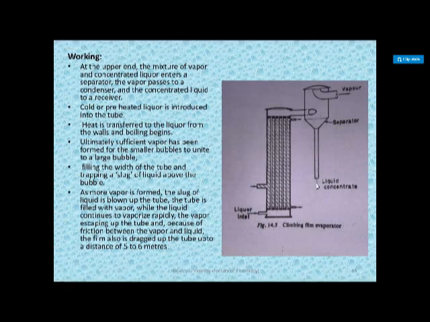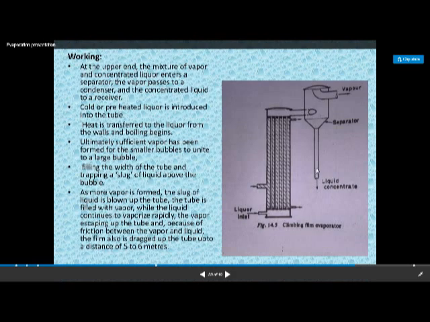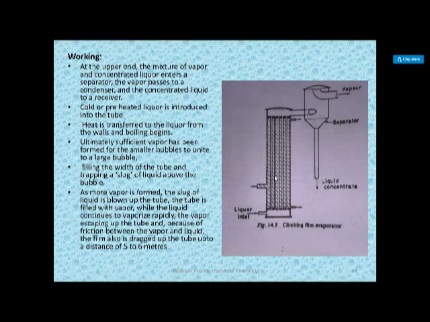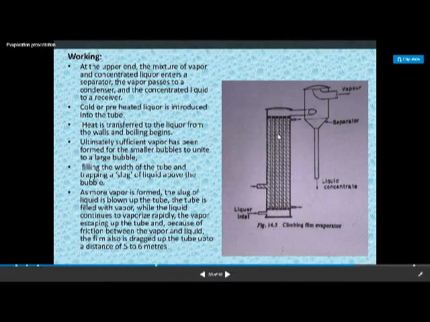Now in this case, generally this is a large type of evaporator, so the length to diameter ratio of this tube is 140:1. 140:1 means if the length is 140 millimeter, then 1 millimeter is the width or diameter of the tubes. And large evaporators have tubes of 50 millimeter in diameter, so the length will be 7 meters for these tubes. So this is the construction of this evaporator.